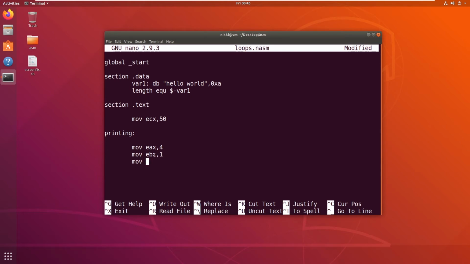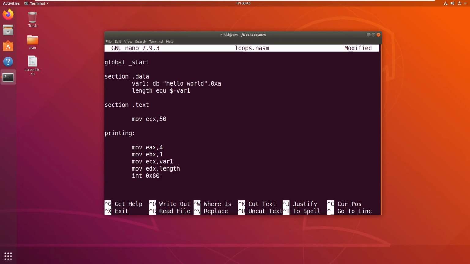Now we need to move the actual content we want to write onto the screen into the ECX register. So we are going to write var1, and lastly the number of bytes you want to write to the screen, that is length, in EDX, and finally we need to say int 0x80.